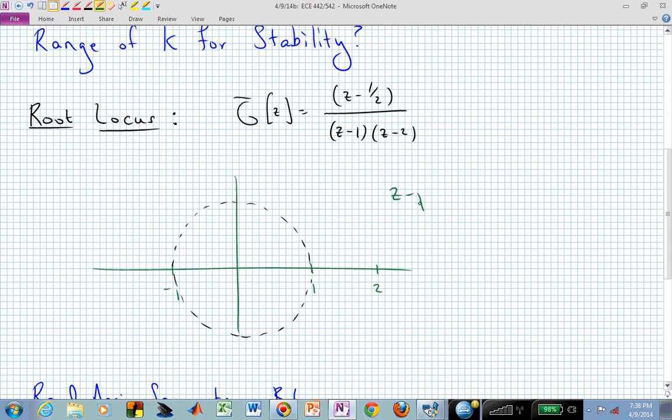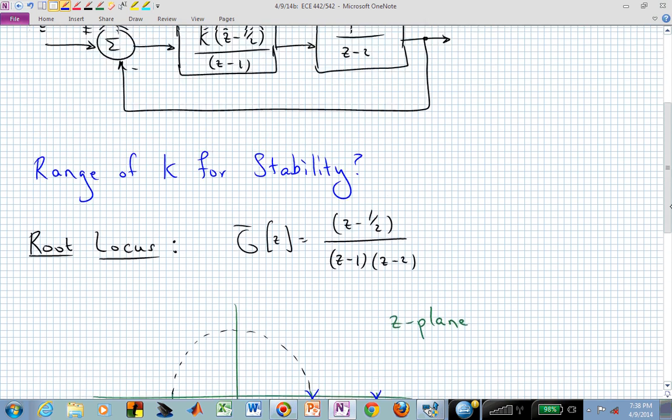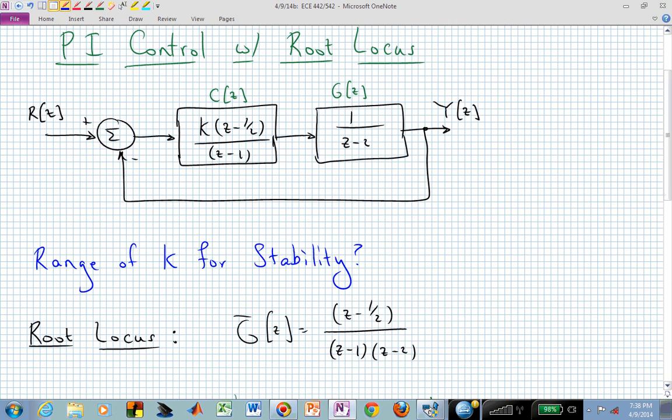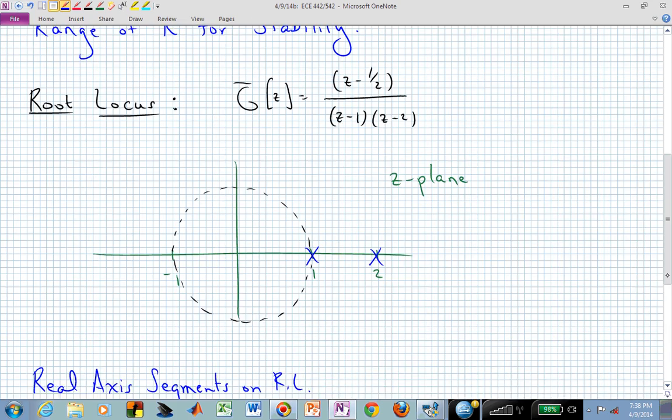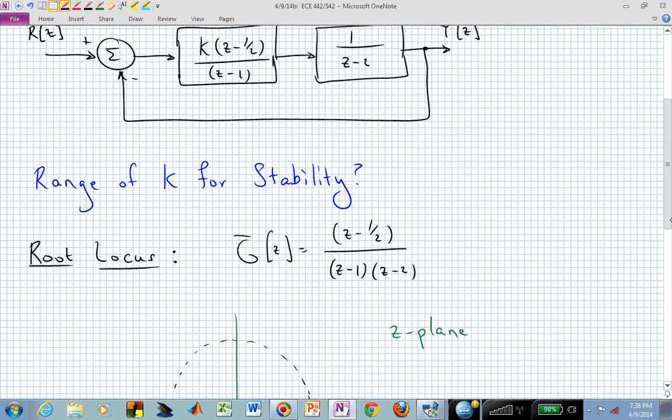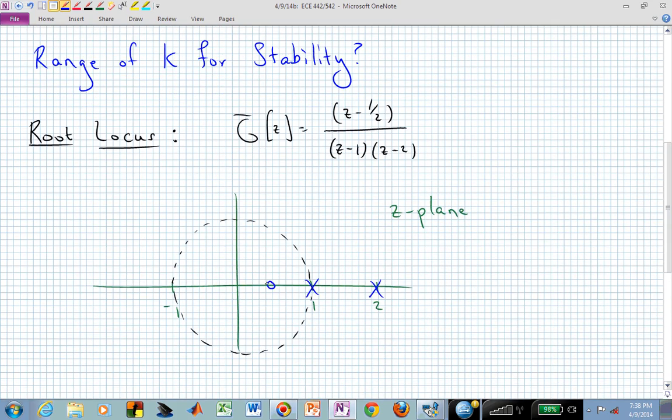We have a pole at 1 and another pole at 2, and the pole at 1 is due to the PI controller. The pole at 2, we're starting with an unstable plant, and we need to do something to stabilize it. It's not going to be stable in the open loop case. And we have a 0 at 1/2. Now that we have